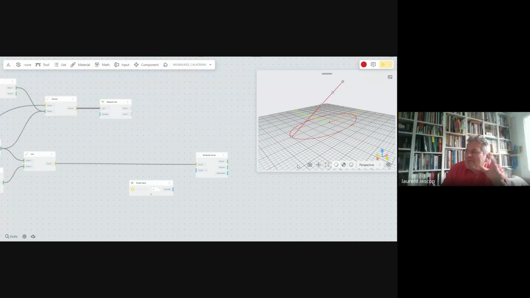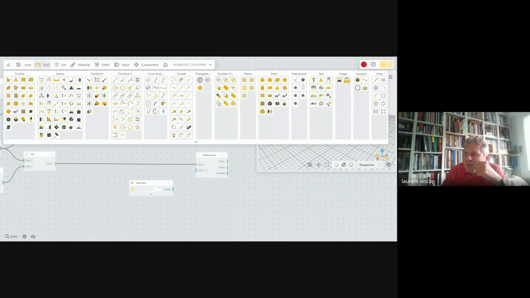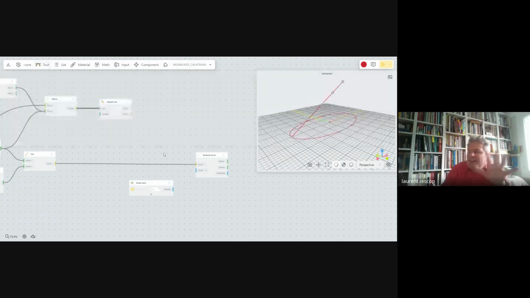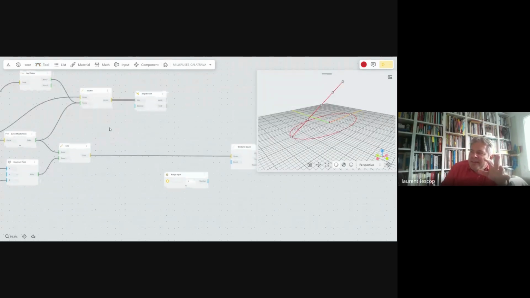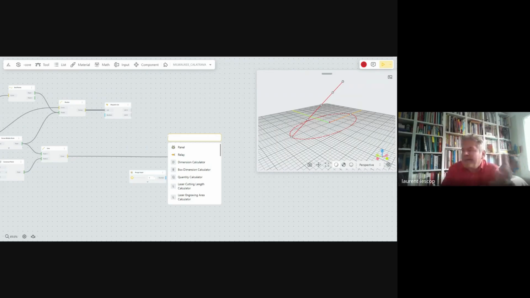When I started, I couldn't find ellipse. I don't know why, but I thought there must be one. So I just typed ellipse, and I found that there was one in the list. And then I discovered that I wasn't seeing properly, and it is here. So, as I was saying, it's following the flow of your mind. If you've got an idea, just double click, type what you want to have, and then hopefully you can find it.